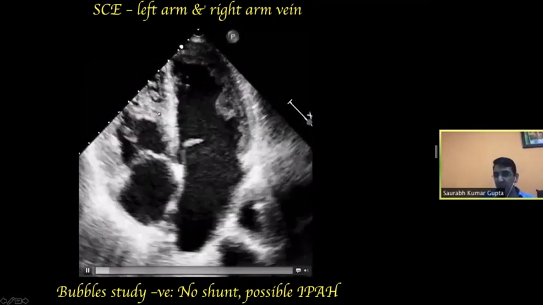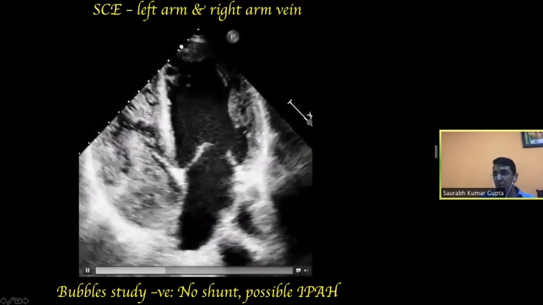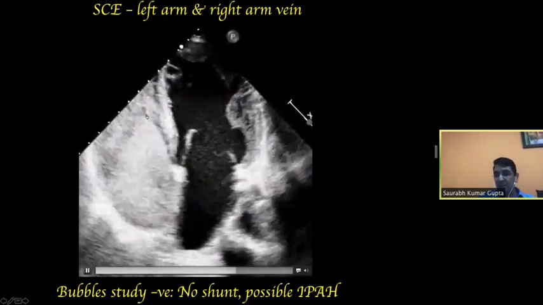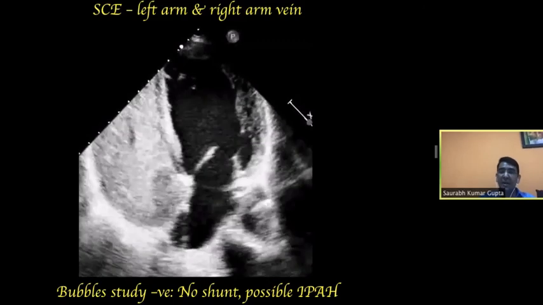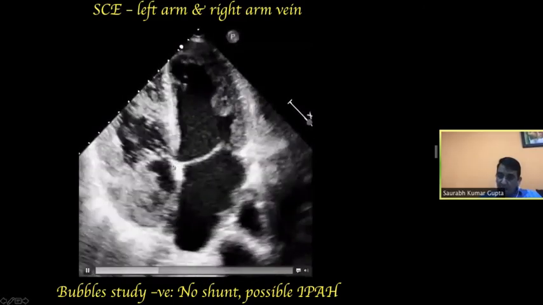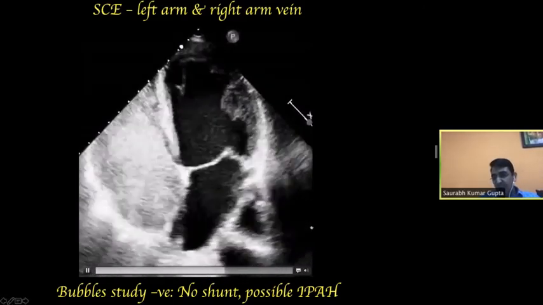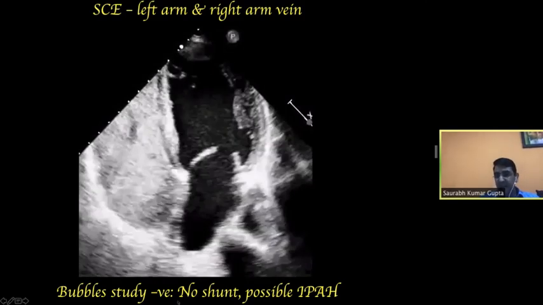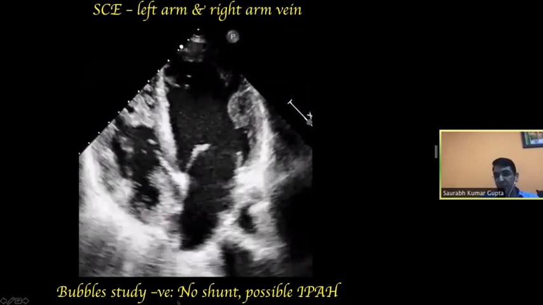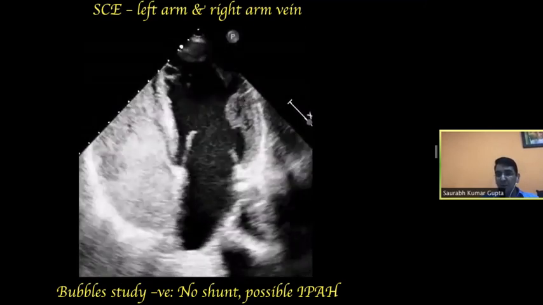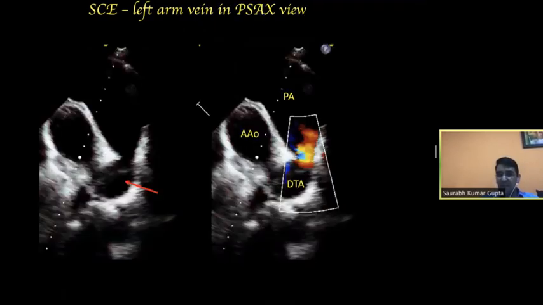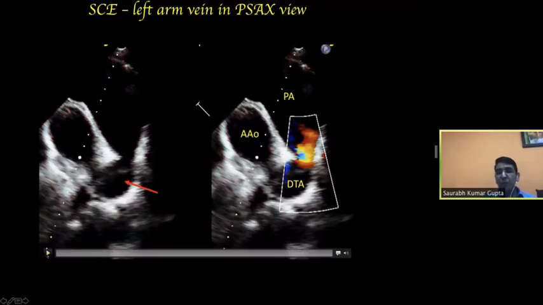As you can see over here, there is some right ventricular hypertrophy also, which suggests that this patient actually had PAH. Now looking at this, some of us may be prompt enough to say it's negative, no shunt, so it's possibly idiopathic PAH. But my friends, the catch is that you have not chosen the right view